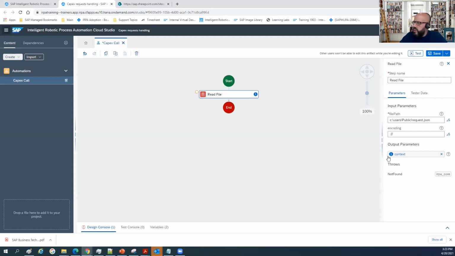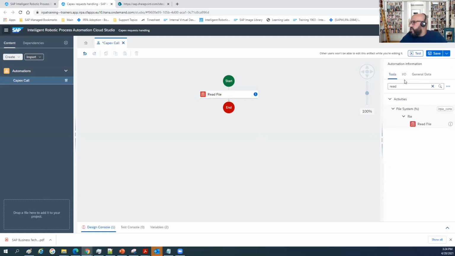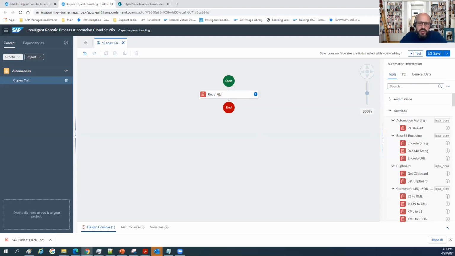And we will see that we can use it later in the coming activities. So here, when you finish, you just have to close this and to come back to the tools and also clear the search and search for the next